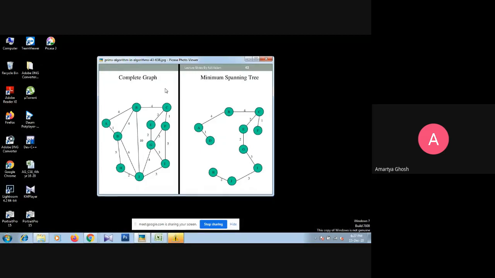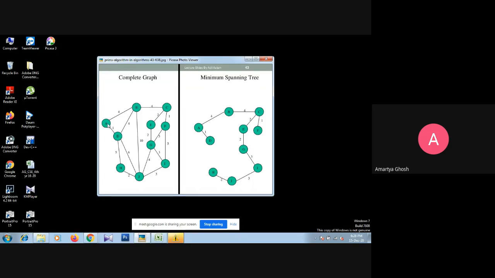Okay, so now, according to the rule of the priority queue, the front has the power to delete. So we delete 1, that means we just draw the edge. Thereafter right now we have the two nodes A and D. So from A and D, how many nodes can we reach?